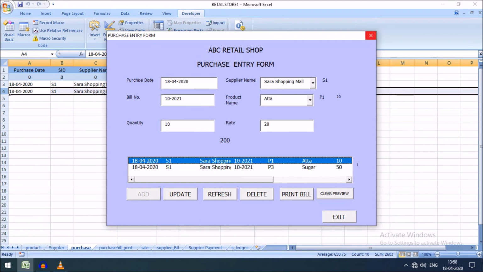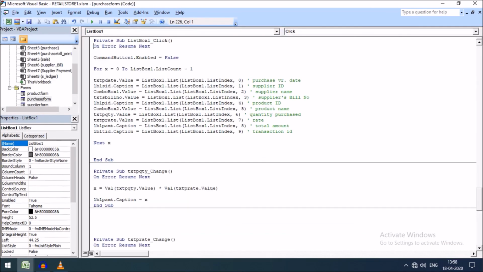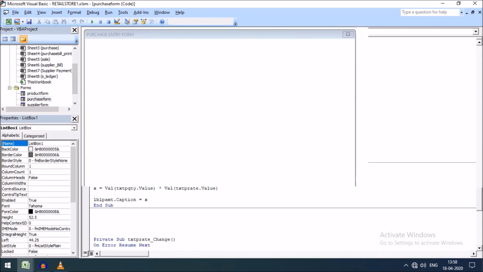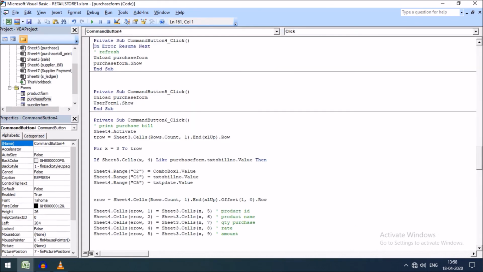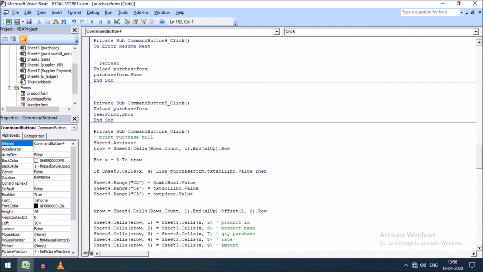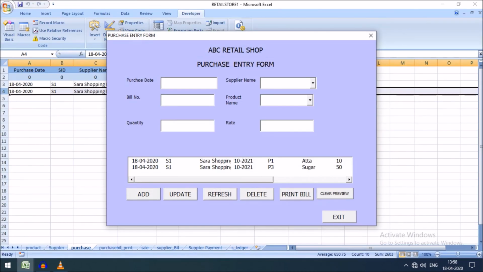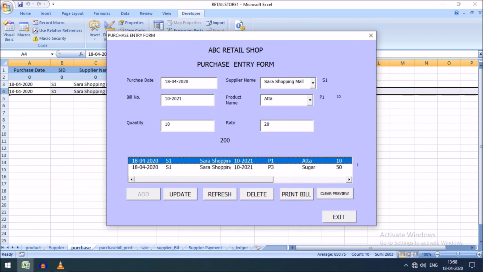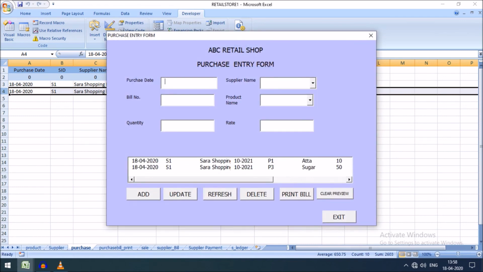So to enable the add button, just go there, copy this section, go back, click on this refresh command button, and here Enabled is equal to True, so that whenever I click in the list box, the add button will be disabled, and if I click on refresh, the add button will be enabled.